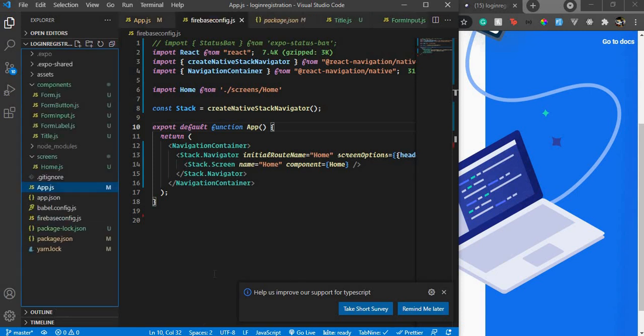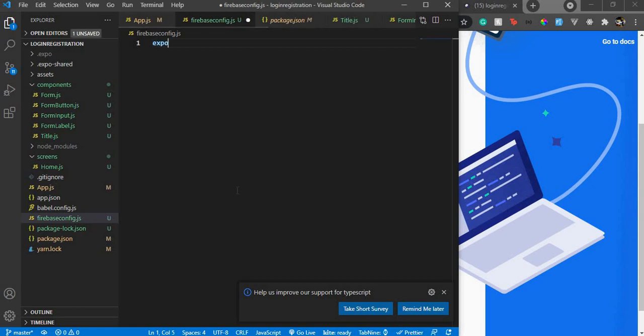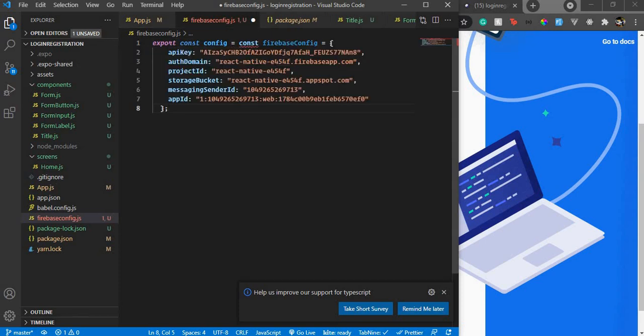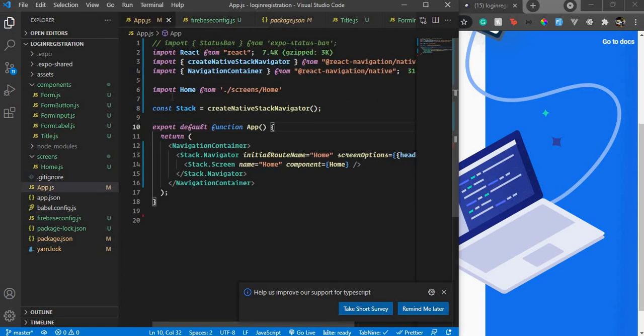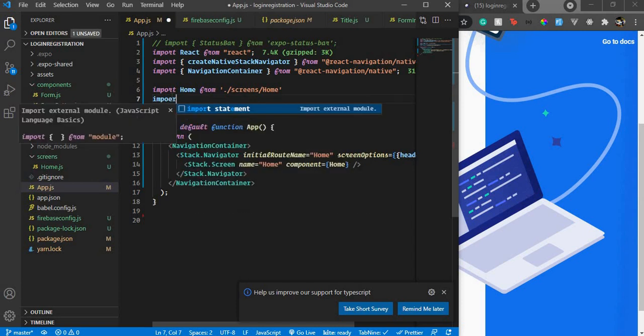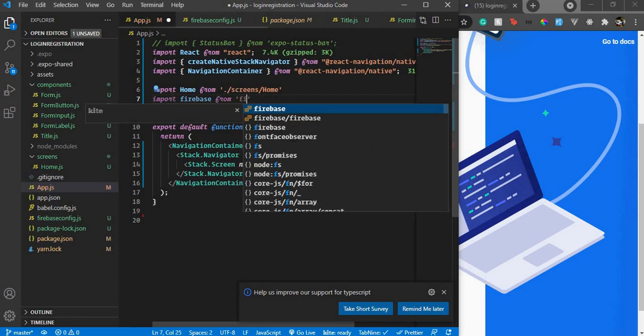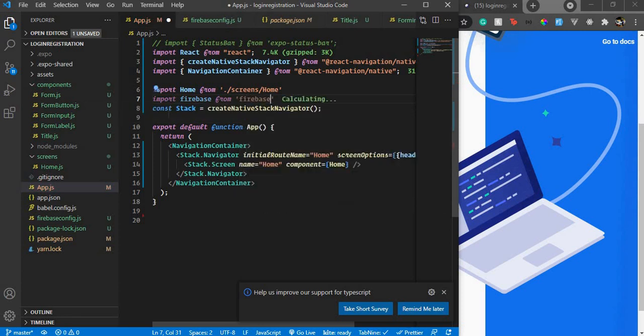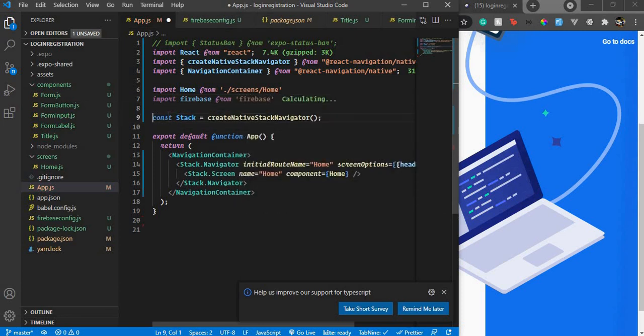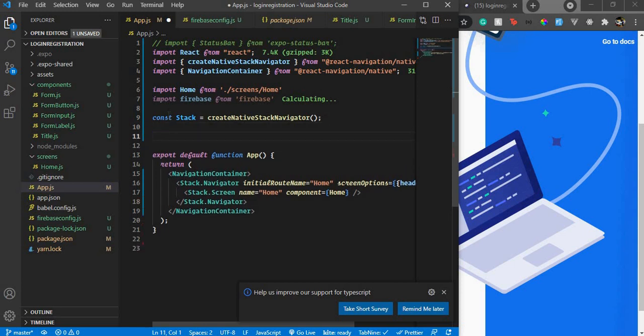In firebaseconfig.js, just export const config, and we just paste it over here, and this can go. So we're just exporting this so that we can use it somewhere. And in our app.js, all we have to do is import firebase from firebase,